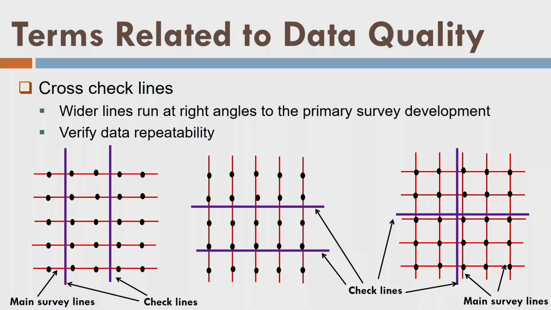Fine. Here these are cross check lines, or they are sometimes called tie lines. Okay, we can see here these lines are the cross check lines. Here we can see that these are my main survey lines that we have already discussed in the last slide. Okay. Then after doing this survey and after collecting the points on these black dots, what do we do? We try to validate our work by collecting some points on these lines which are perpendicular to the survey lines. Fine. And this validates my work here.